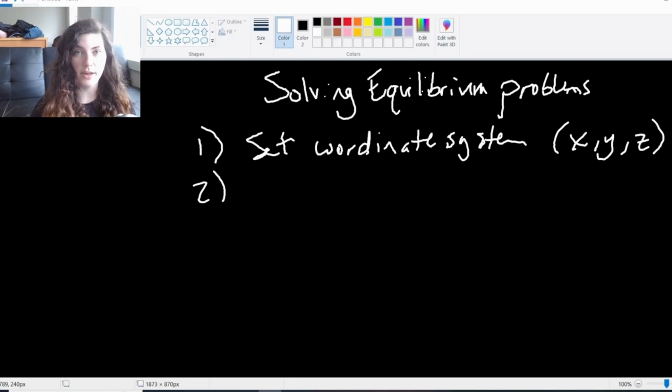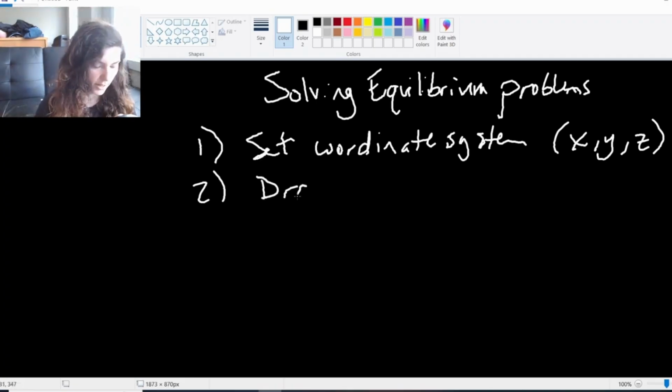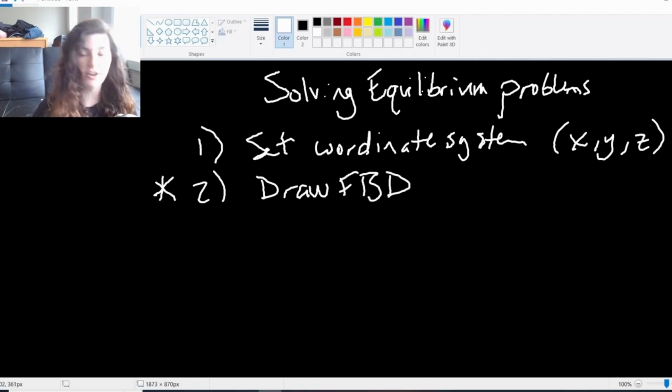Then we're going to draw a free body diagram. We always want to draw a free body diagram anytime we're solving these problems in equilibrium. Always draw a free body diagram. This step is critical. It is very, very difficult to solve these problems if you don't set up these diagrams,